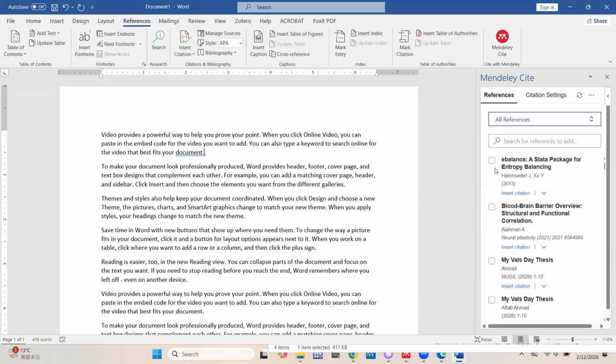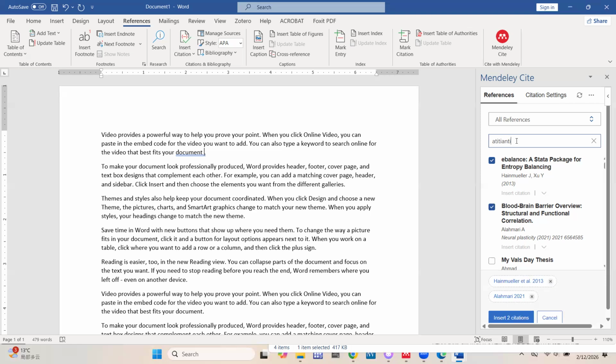Okay, so now let's go with this one. We want to cite this one. So once you click on that, it gives you the option here. It says, insert one citation. You are going to cite this one. If you want to cite two, just click on it over here, and then it will create a list. Okay, we can use keyword.